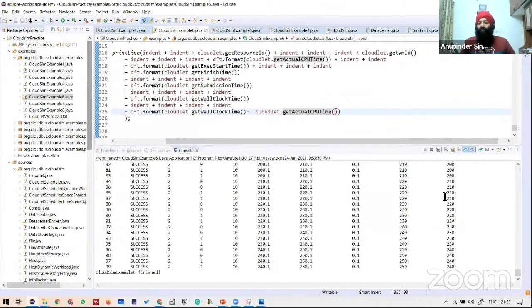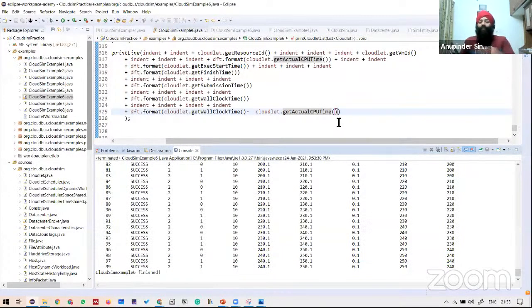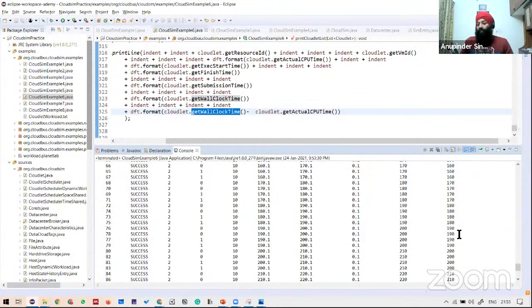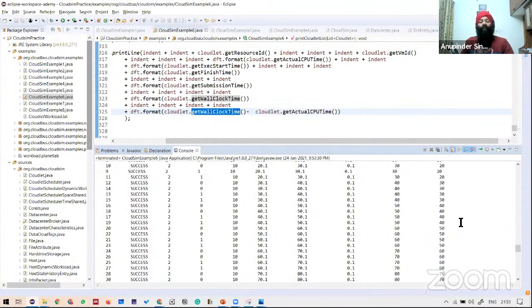And once you have this actual CPU time, you can actually see. So actual CPU time is how much time you have spent during that particular execution. So once you subtract this time from the wall clock time, you will be able to get this particular parameter. So that is what you get in terms of your subsequent step of